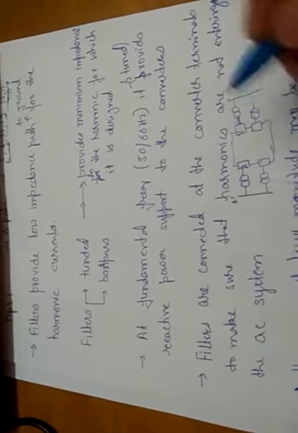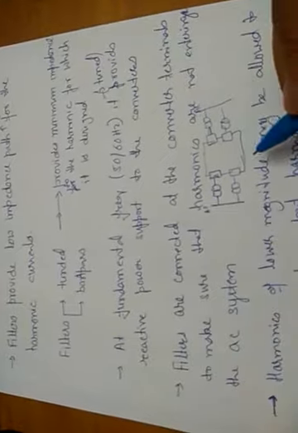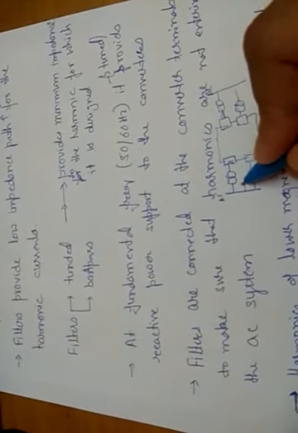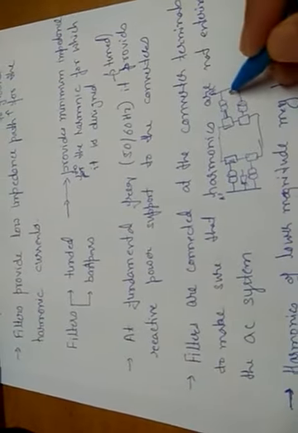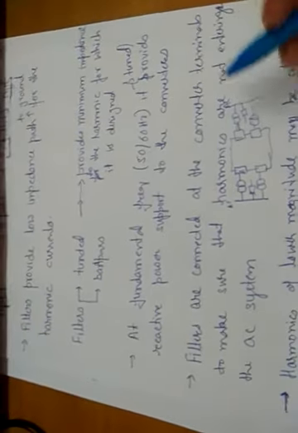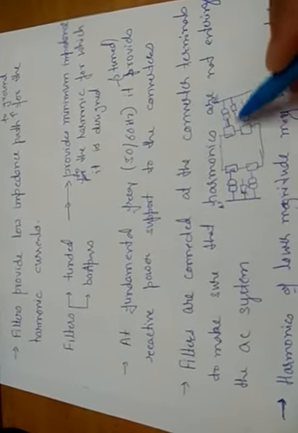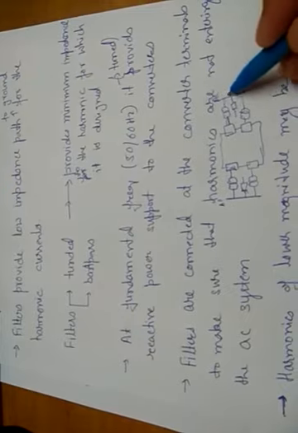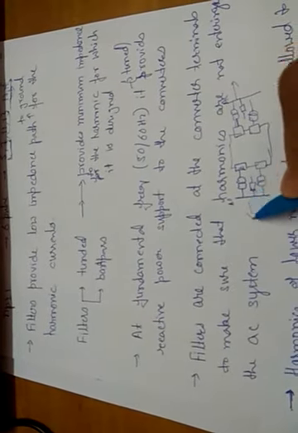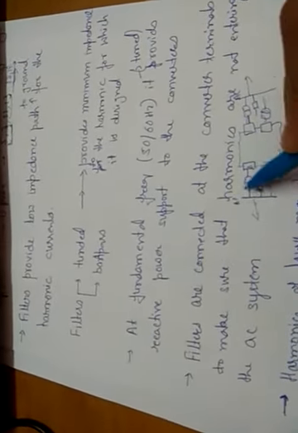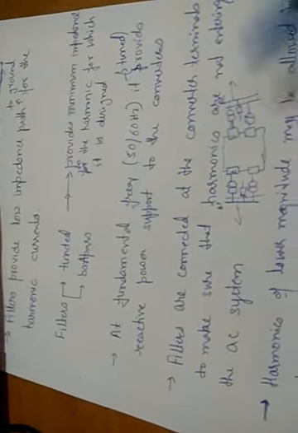It was like this now. So this is AC bus, this is AC bus. So what I am doing, I am using one filter here and another filter here. Okay, so we don't want these harmonics to enter on this side. It is not allowed to enter on this side. So it is used at this terminal and this terminal.